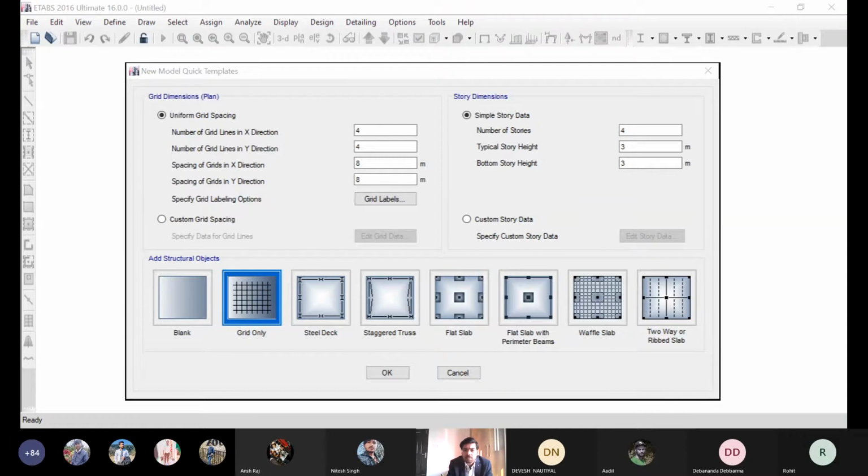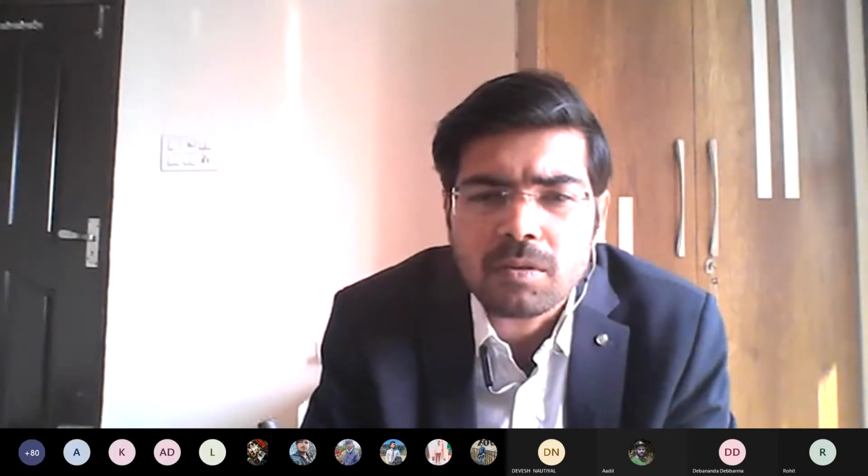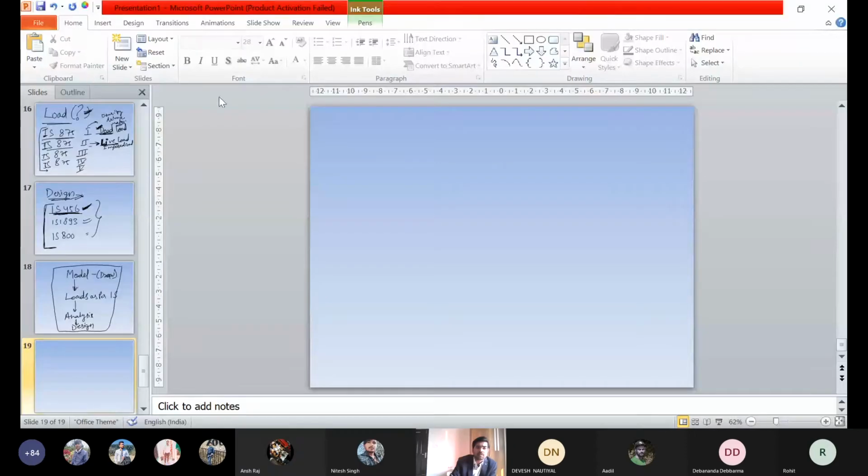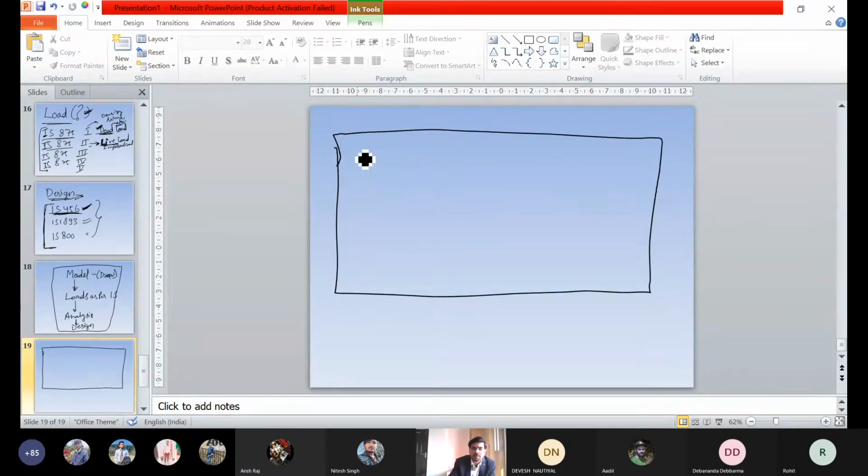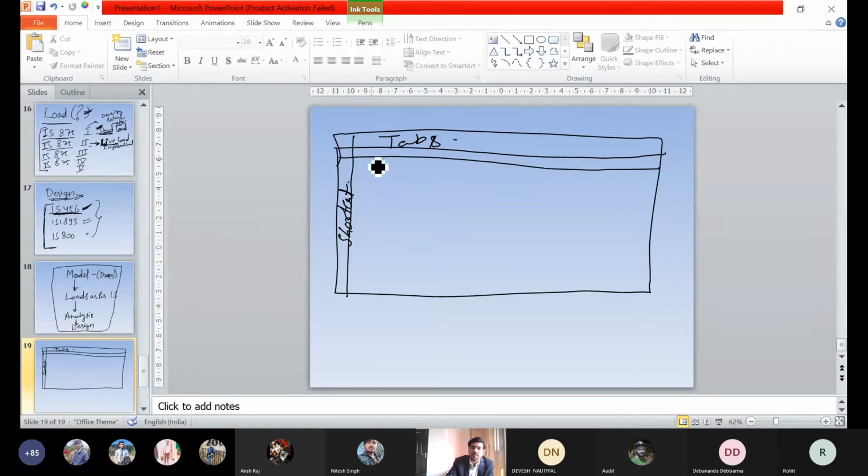Okay. So what is the software showing? This is the software window. The upper part is the tabs. Whatever is here, these are the shortcut keys. Below that, everything, all the tabs and all the buttons over here, are viewing options.